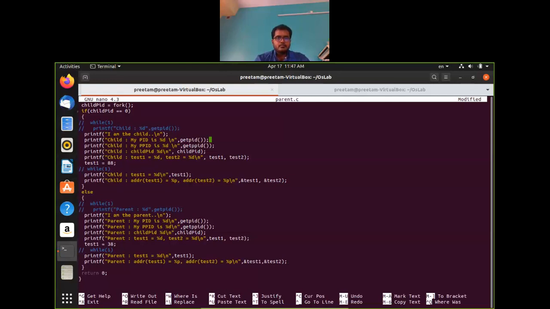Okay, so if you look at it, what is happening, it is now printing the memory address of test1 and memory address of test2, right?